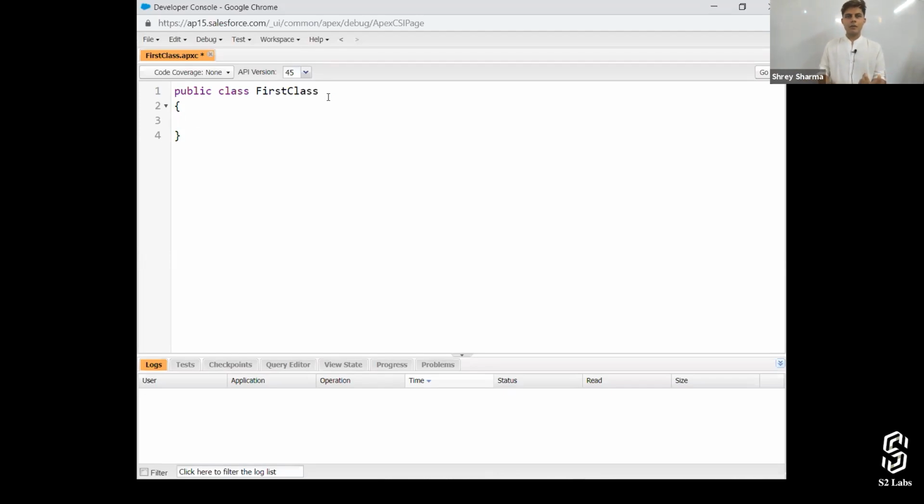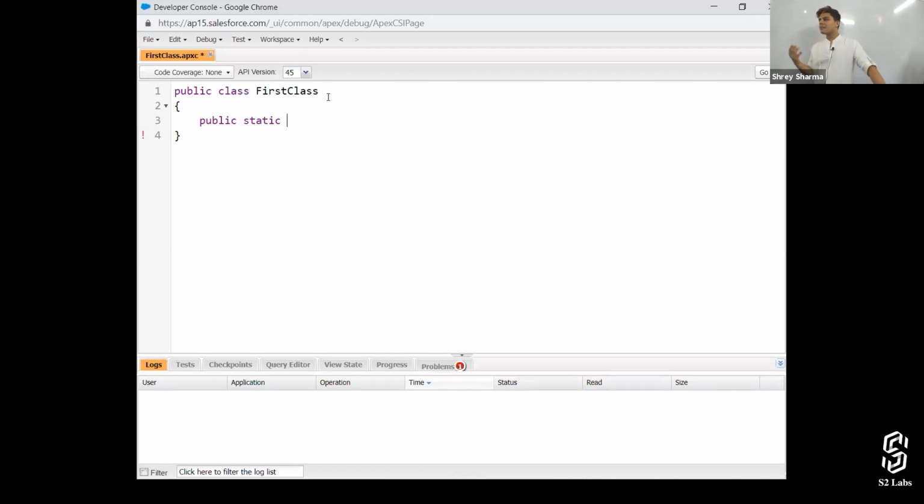So a class is created automatically, public class first class, and inside it I'm going to write down a method, because inside a method, which we call a function, and function and method are the same thing, there's no difference. When you're writing a class, all the executable statements are written in a method only. You can write declarations and initialization without a method as well, but all the executable statements will be written in the method only. So that's the reason I'm writing a method.